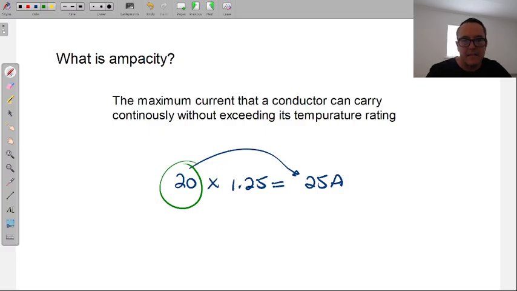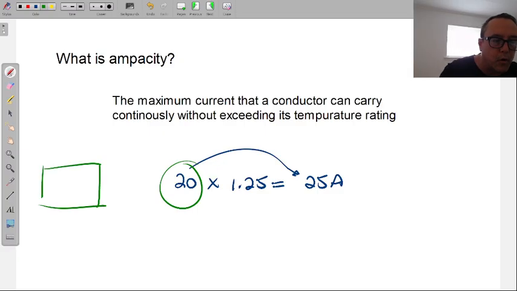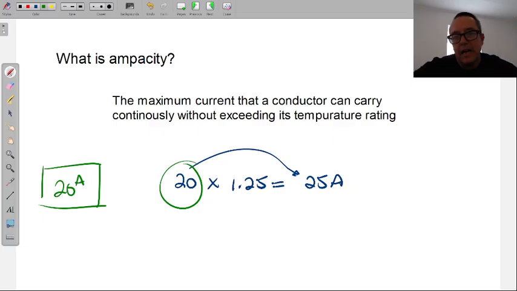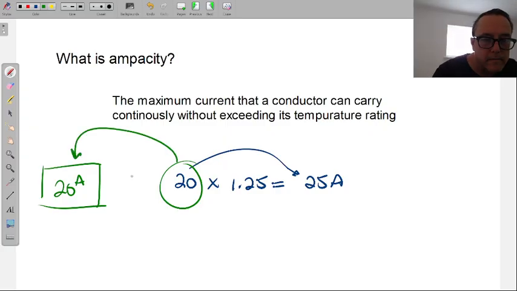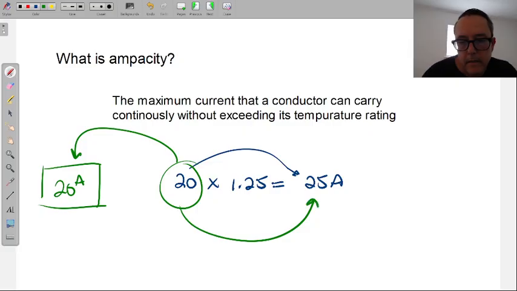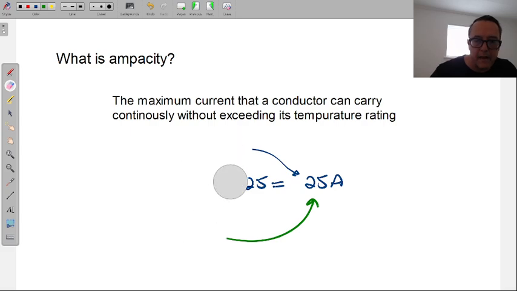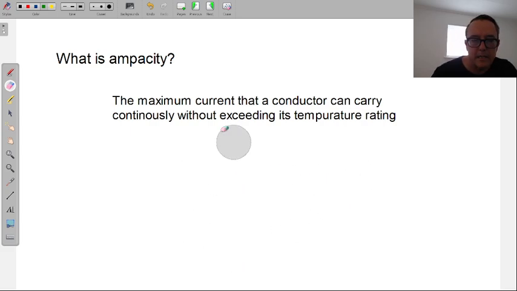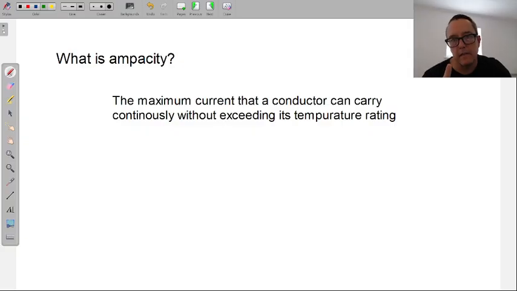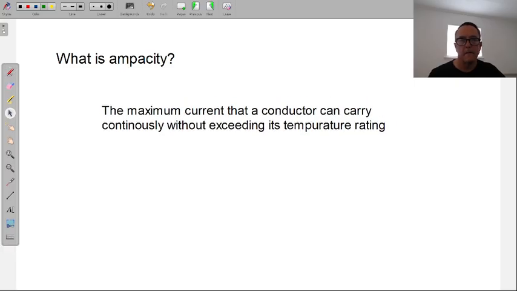Now the breaker sets the rating of the whole circuit. A 20 amp breaker, that's what the whole circuit is rated for. The load tells the breaker, the load tells the wire. So that's what we're trying to do. What we're trying to do is deal with an amount of amperage created by a load, and select a wire that can handle that amperage. Breaker we've already talked about. We'll do a little bit more reviewing when we do it on Wednesday, but with the breaker or overcurrent protection device, we've looked at it now a few times.